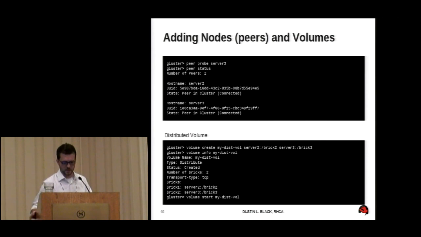So when you see the volume info, the output shows the volume name, and the type is distribute. It shows the number of bricks. Transport type is TCP, that's the default if you don't tell it anything else, and then it shows me the layout of the bricks. Brick 1, server 2, brick 2, brick 2, server 3, brick 3. Now this isn't fully ready to go yet. Gluster recognizes that you have those bricks, you've put them into a volume, but if you want to make use of them, you do need to run the volume start command. You see that there at the bottom of that example.